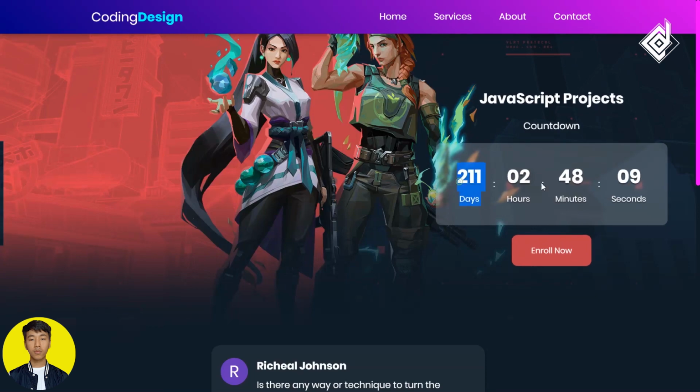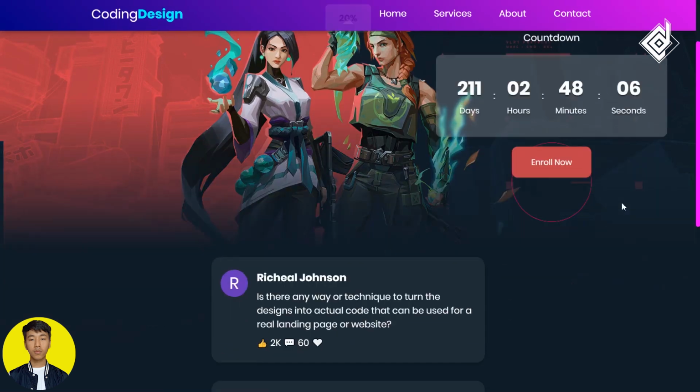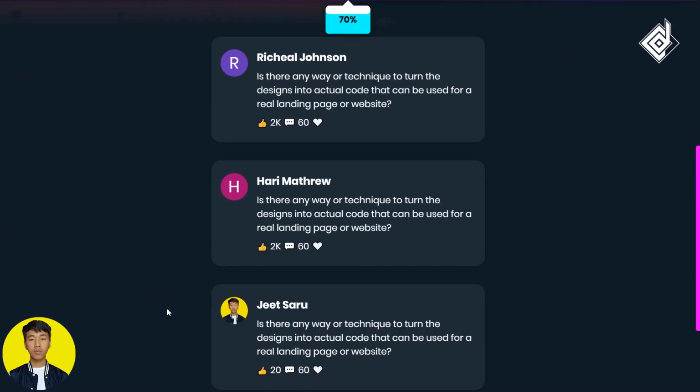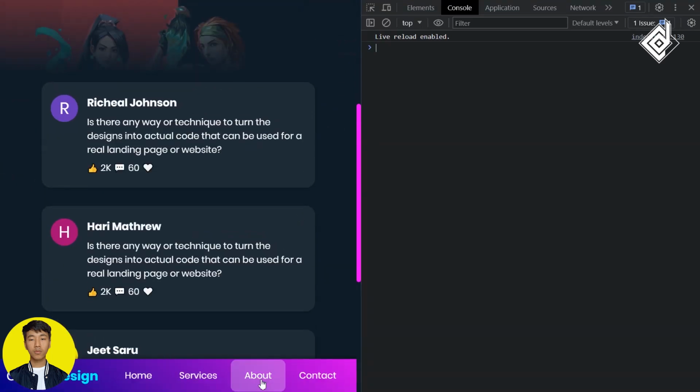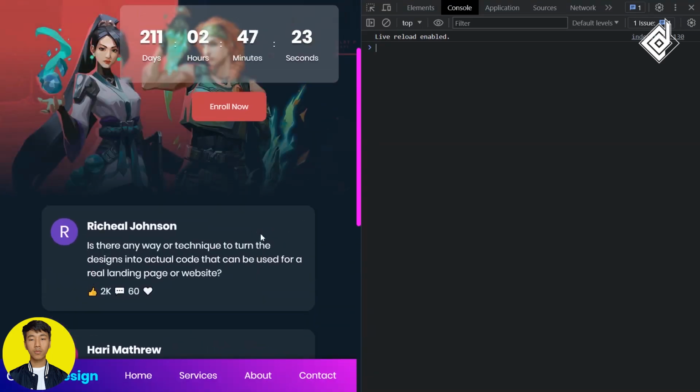Similarly, I have also given the countdown timer. And you can see if the user is not uploading any profile picture, then based on their username, a unique user profile picture is generated. And oh, it's responsive, isn't it cool? So if you are interested in building all these projects, then the playlist link will be given in the description below.